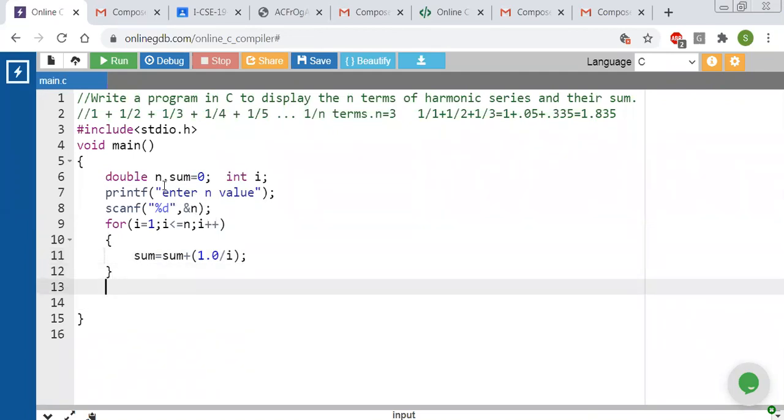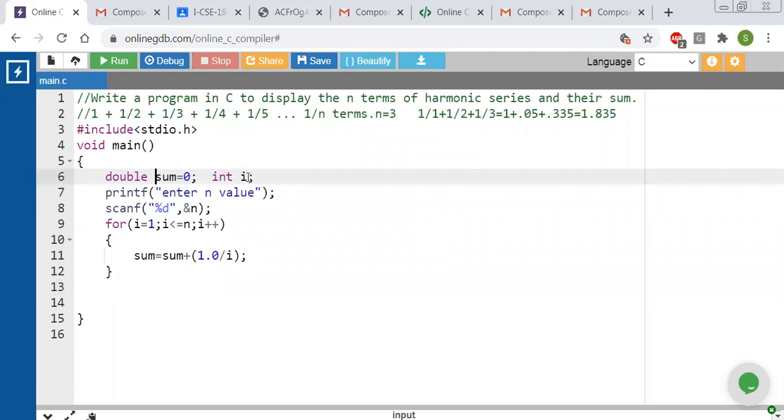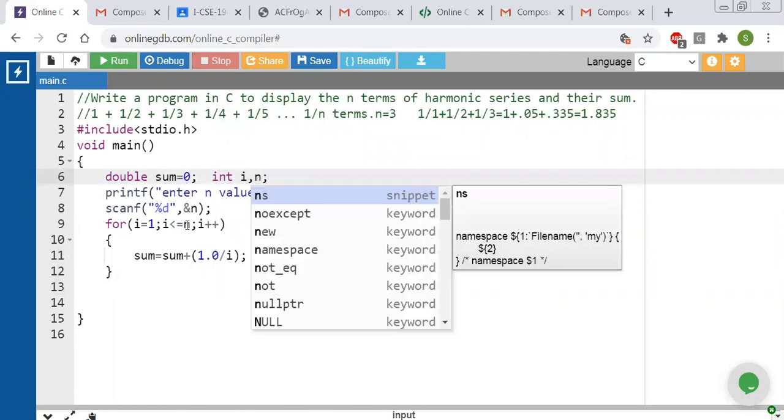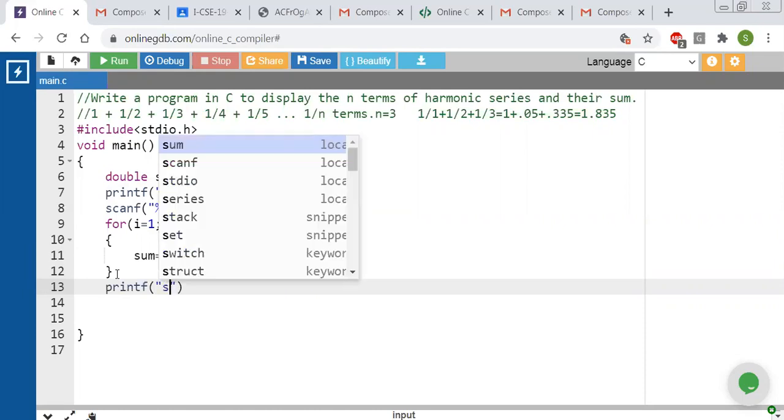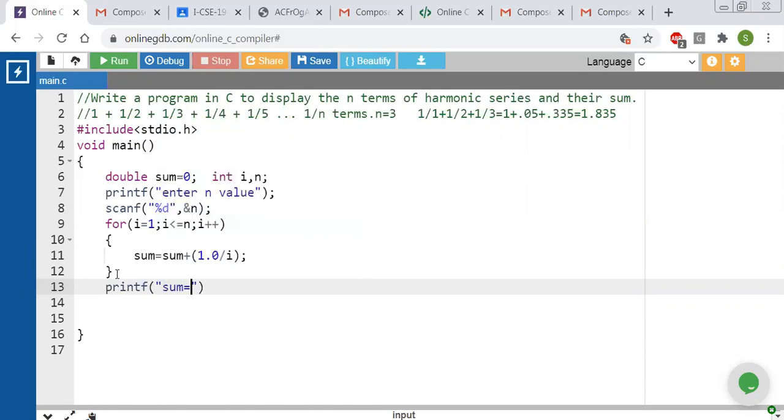Here, n type is, otherwise we'll take the n value also as integer type only. Okay, now we have to display the sum value. So I have to write a printf statement, printf sum is equal to. Sum is which type? Double type. So how to display double type? Percentage lf, percentage lf comma sum. We will verify whether it is correct or not, otherwise we'll modify it.